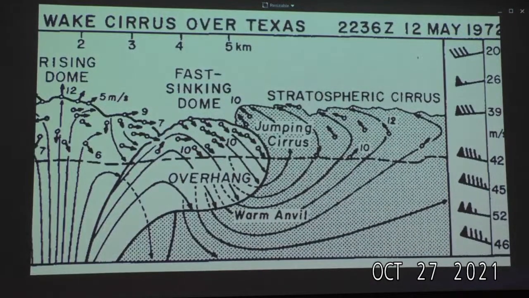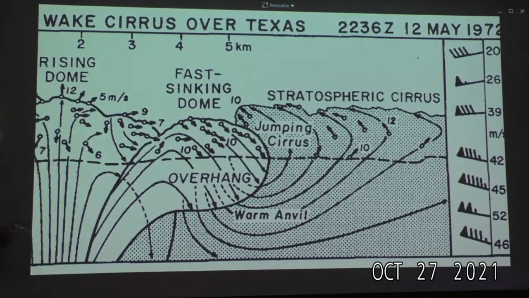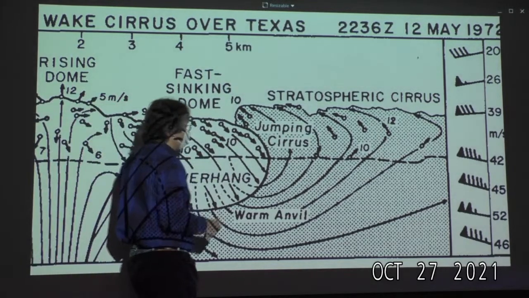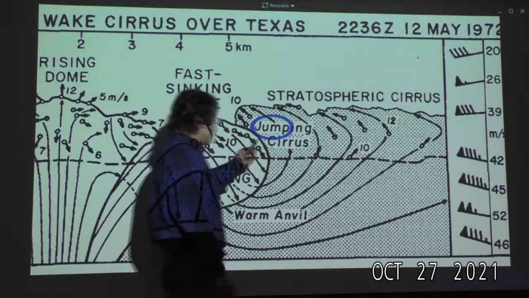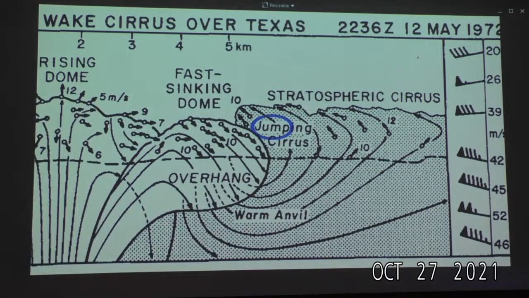So here's one of his schematics. Overshooting top, this is from an actual event, so this is a snapshot. This isn't meant to be a conceptual diagram. Overshooting top, maybe another overshooting top, and he knew it was a jump, because he's Vegeta, right? That's a joke. You would call it jumping cirrus, but it's actually from a hydraulic jump, and that's at least what our simulations tell us. But he'd already basically identified these things. He hadn't quite gotten all the dynamics worked out.